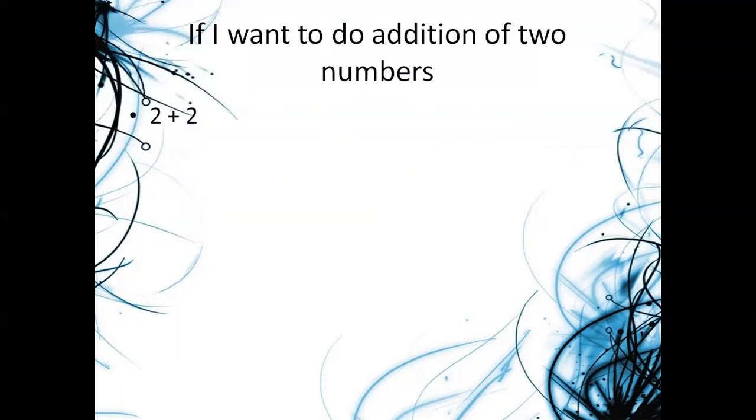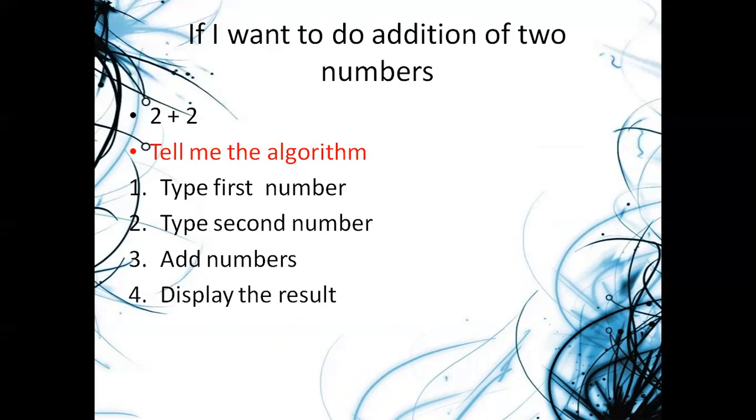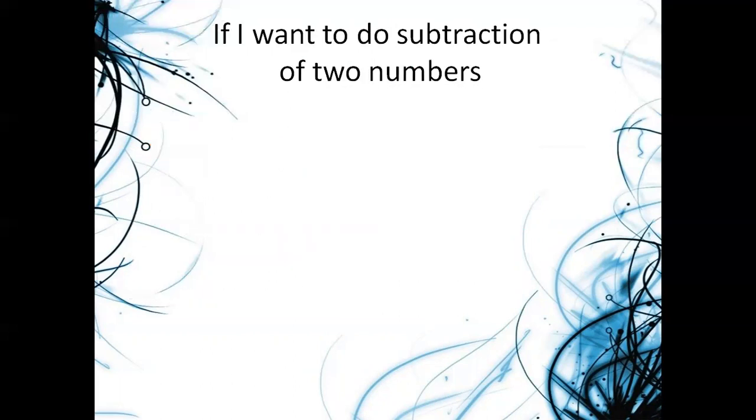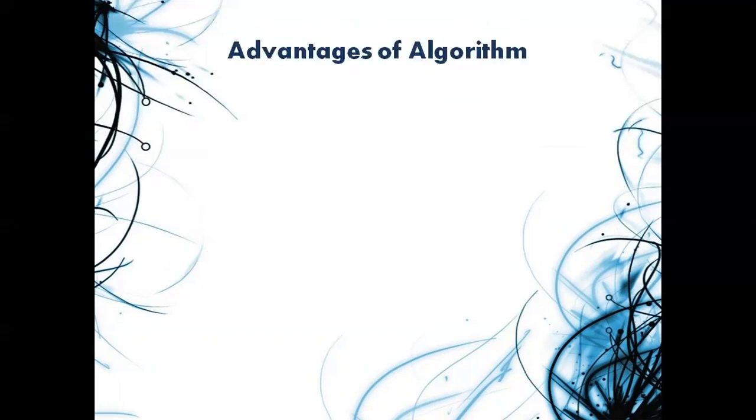We have also learned how we can add two numbers and how we can write the algorithm for that addition of two numbers. We have written like: type first number, then second step type second number, then third step add the numbers, and fourth display the result, such way. So here we need to add one more step, that is the first step to start and the last step to end. Okay, so